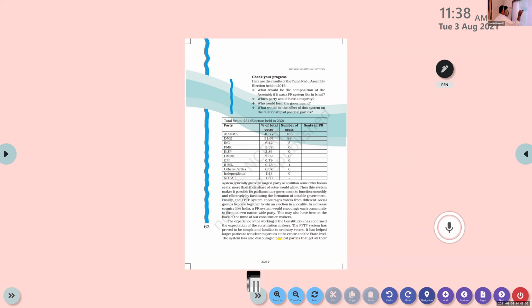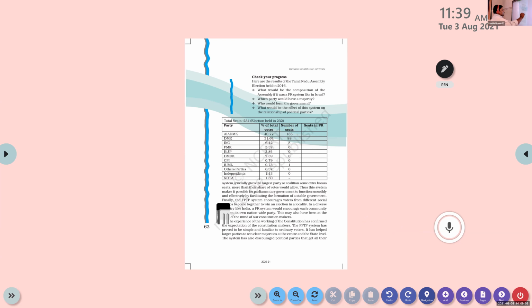Okay, so total seats, count all these numbers together, you'll get the total seats there. I think that 0.23% is equal to 1 seat, I think so. That much will come there. So finally, you should calculate and get me the actual number of seats in the PR system. Okay, fine. Tell me.